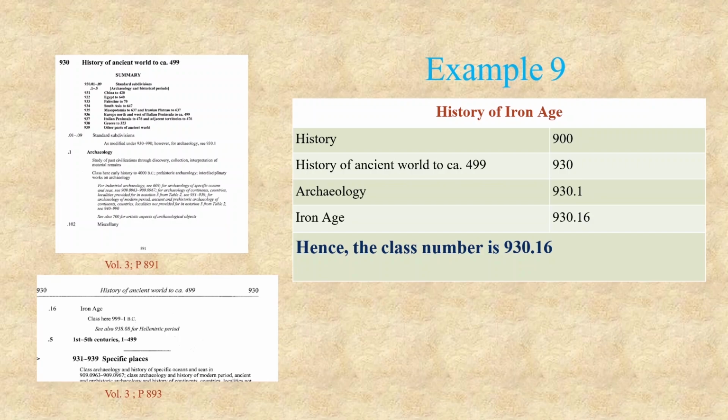Step 2, whether a ready-made class number is available for this title. So we have to check the schedule. History of the ancient world falls under 930. Archaeology, prehistory and ancient civilization falls under 930.1. And here you will see the Iron Age is specifically listed as 930.16. So confirm the ready-made class number. Since 930.16 Iron Age is explicitly available in the schedule, no further synthesis is required. So the final class number will be